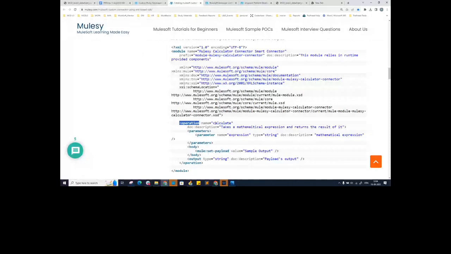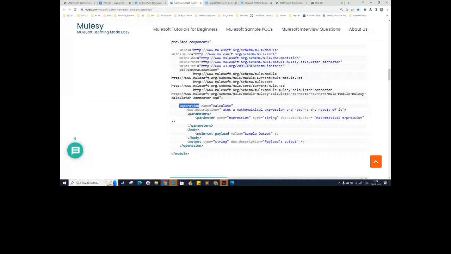Once you have defined the operation, you would like to take the user input. Correct? What will be the user input? The user input will be defined under parameters. Whatever you define here gets rendered as a UI in real time. Once this application is being reused, in Studio you will see that all these fields are rendered in the form of a UI.